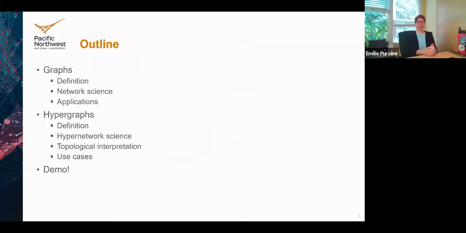So just a brief outline. I'm going to start by motivating the hypernetwork science with somewhat more familiar graphs and network science, and then I'm going to go into the extension to hypergraphs, also probably familiar, but I'm going to do it from a data science perspective. I'm still a mathematician, but my job title is a data scientist these days, so I think about everything from the perspective of data. And then I'll end with a brief demo of some software that we've been developing to play around with hypergraphs. So in a nod to the experimental math seminar, we'll show some experiments on real data.